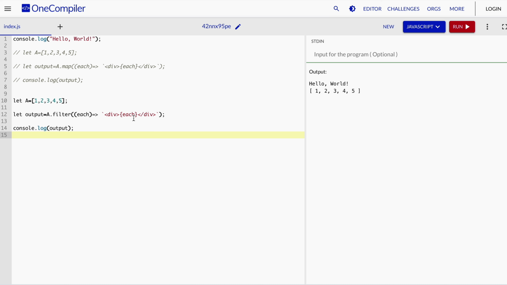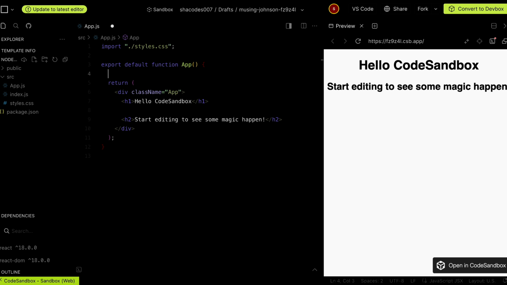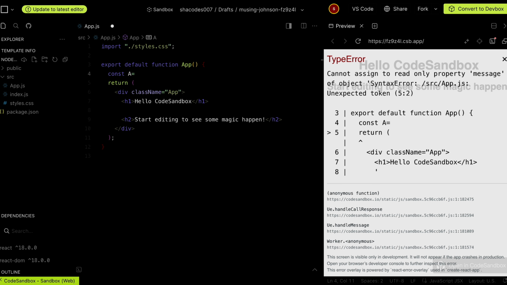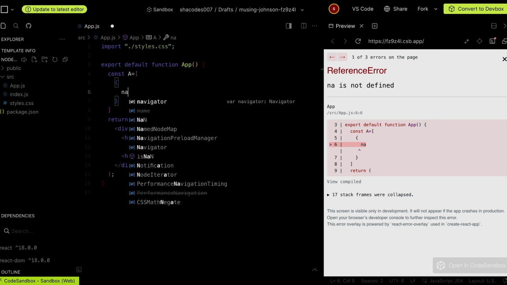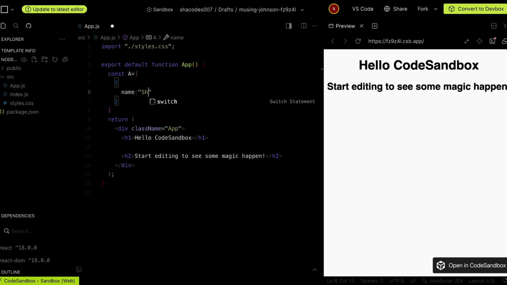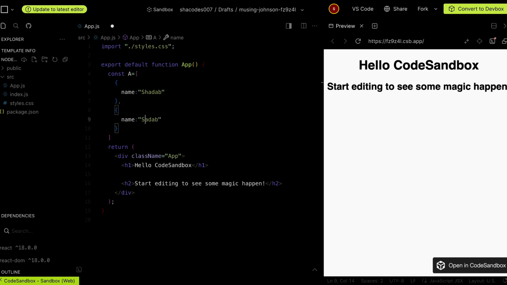you are not able to see the actual output. So let's go to React.js and do some hands-on. Let's say we have a simple const variable a, and in a we have an array of objects. Let's say name: my name is Shadab, and my friend's name is Rohit.